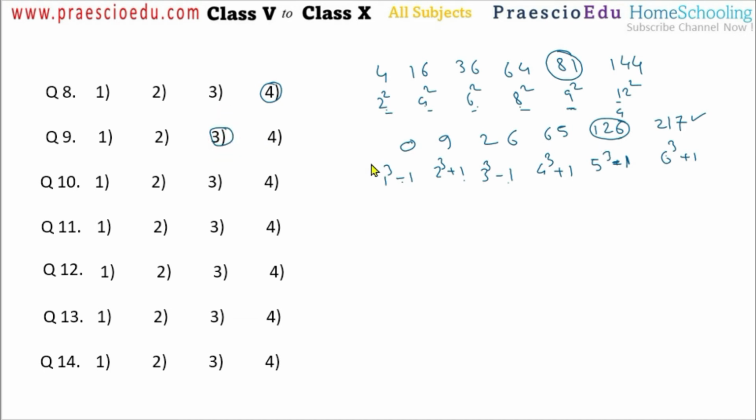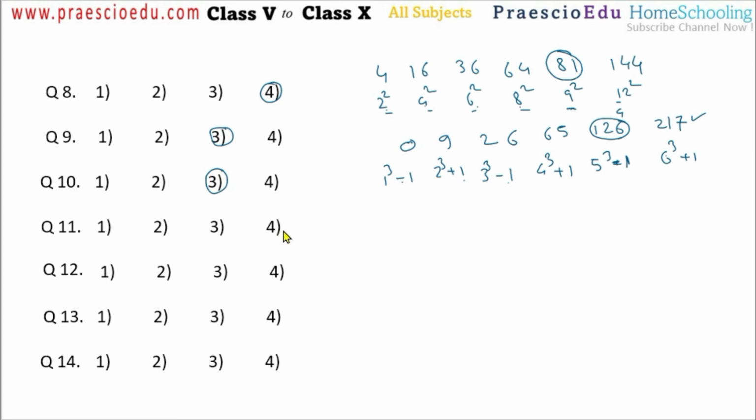Now question number 10. All are the symbols of mathematical operations: plus, minus, multiplication, and division. So here the logic is, from the right side the fourth one is moved to the left side, and all the other three are moving toward the right side, but the third term is missing. So the third term is given in option number 3. It's very simple, the signs are moving from the right end to the left end one by one, and the others are just shifting toward the right.